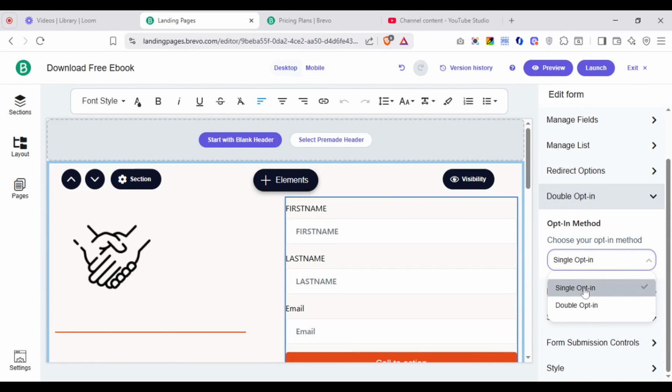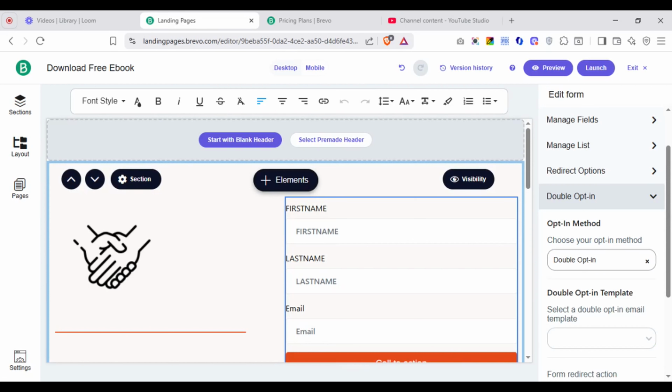So the single opt-in is just that when they submit this form, they are added to the list. There is no confirmation sent for them to click on anything or to confirm. And actually, the single opt-in is very fast and there is less friction. For the double opt-in form, it means that after someone has filled up the sign up form, then Brevo is